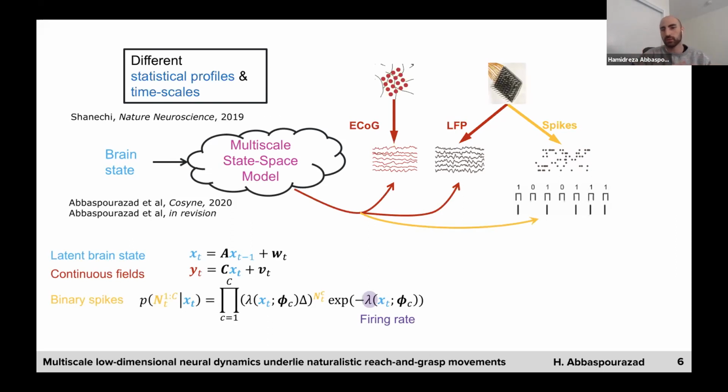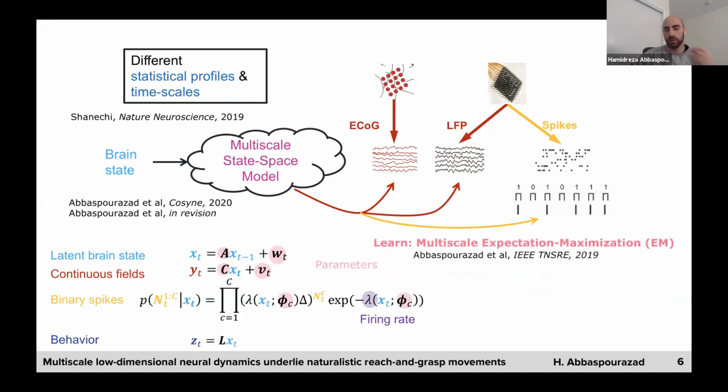For example, if you look at the equations here, the first two equations give you the famous linear state space model, but the challenge is how do we also add the spikings that are related to the same latent state, and we add the third equation. We can then relate the behavior by a linear projection of these latent states, which are a low-dimensional representation of the combined population activity. The parameters of this model need to be learned with a machine learning method.